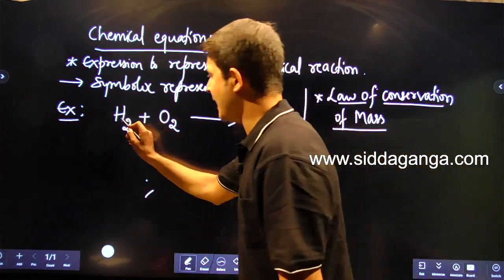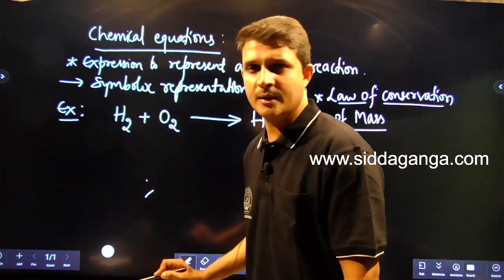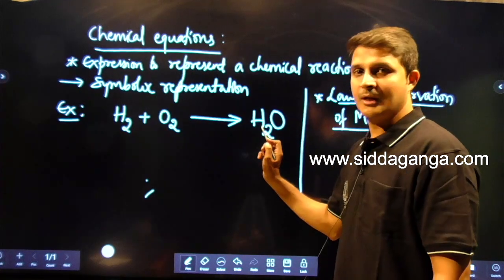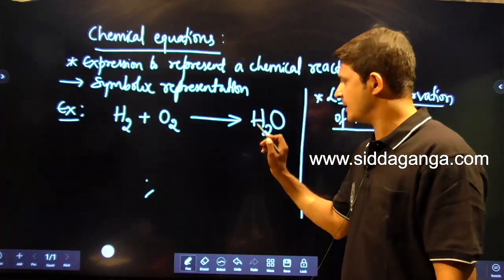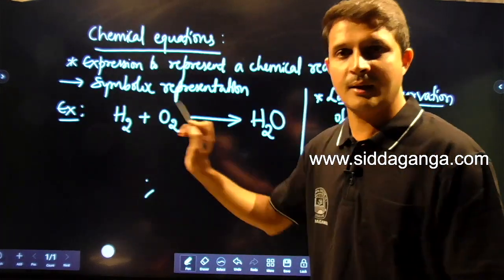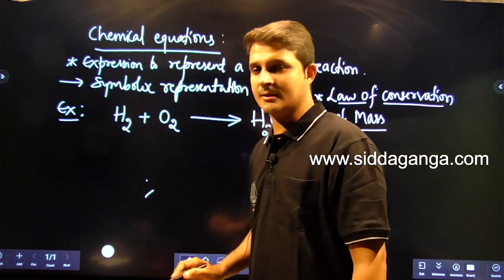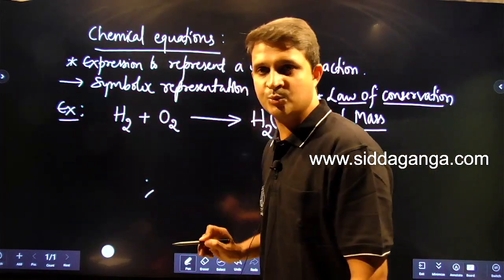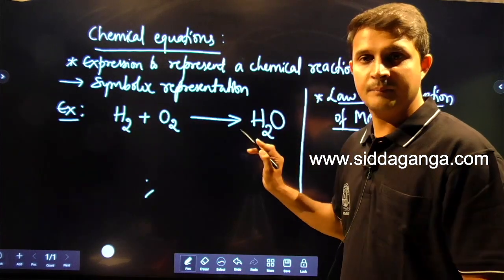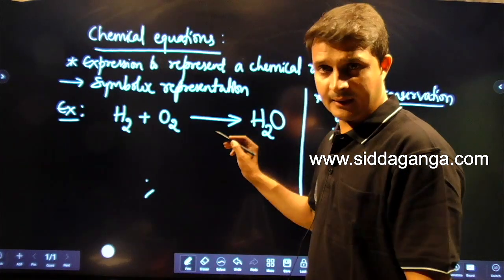So here, how many atoms of hydrogen are on the left side? Hydrogen has 2 atoms, right? So 2 atoms of hydrogen. On the right side also there are 2 atoms of hydrogen. So hydrogen is balanced, left as well as right. But let's check with oxygen. Oxygen has 2 atoms here, how many atoms are here? Only one atom here. So whenever we are balancing, we are writing here